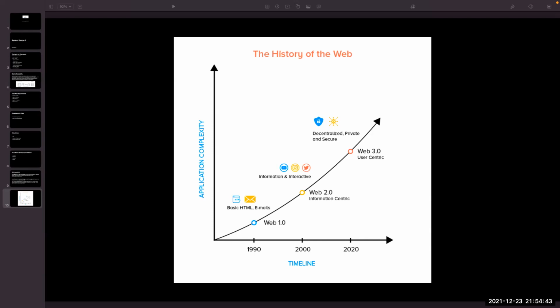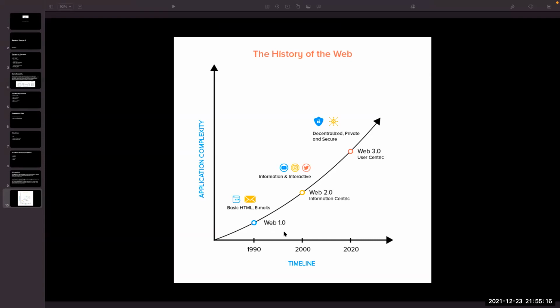Around 1990 to 1995, that period of the internet is called Web 1.0. Web 1.0 was basic HTML, basic pages. We could see basic websites in which you could read and consume the content, but you couldn't interact with it. There was limited information and limited scope. That was called Web 1.0.